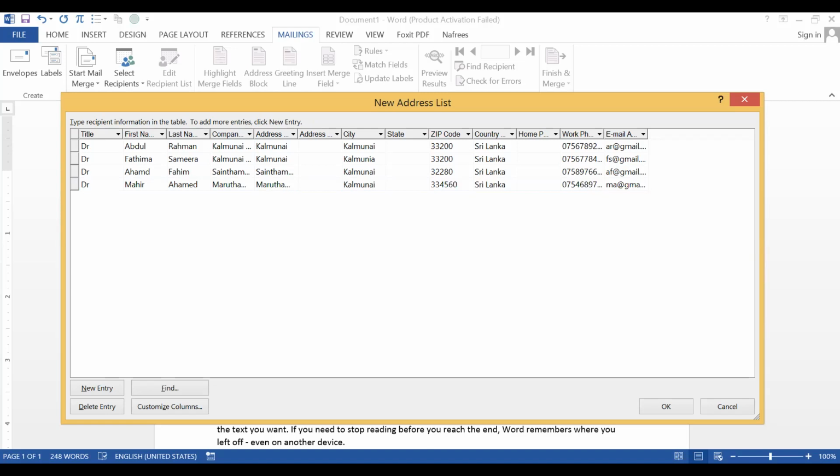You can create any number of inputs here. This is used to input a new address. If you click this one, it will create a location for a new address.